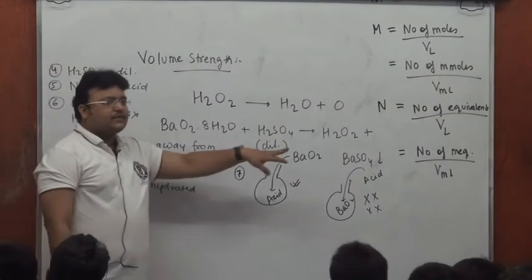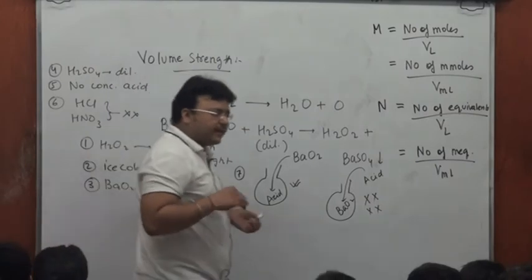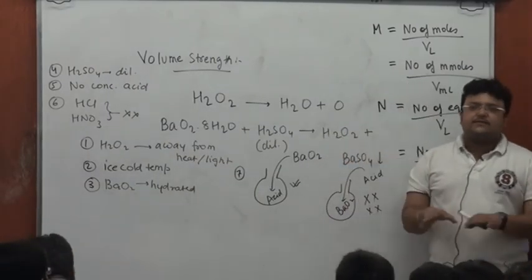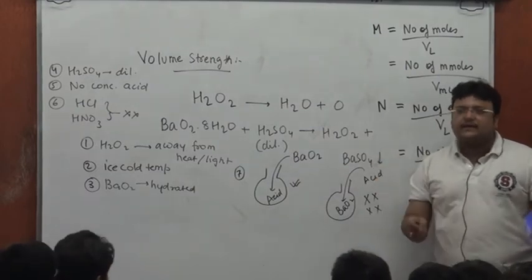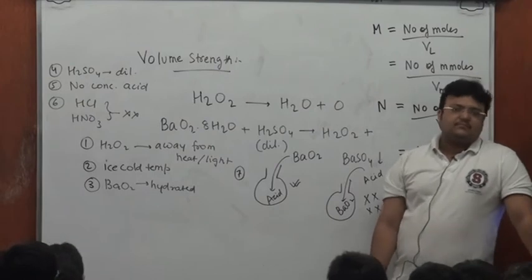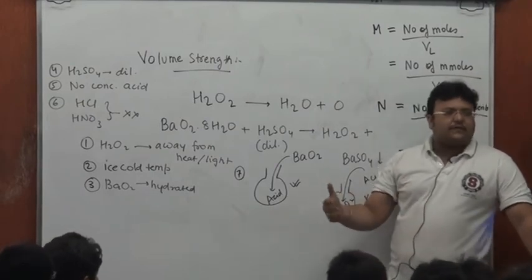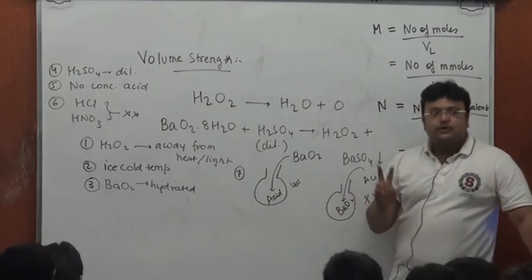Barium sulfate is going to cover barium peroxide, and once all of barium peroxide is covered with barium sulfate, the action of acid over barium peroxide will stop and the reaction will stop there. Barium peroxide in hydrated form is going to have more surface area, and the process is going to run for a prolonged period. All right. Second,